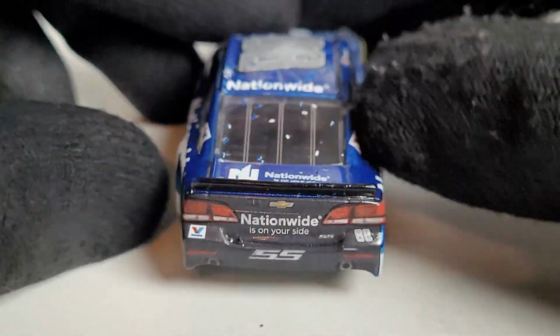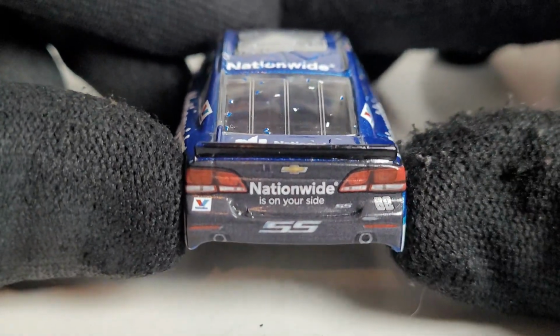Nationwide is on your side. Well, I hope they are. Otherwise, why the hell do you have Nationwide insurance? The back bumper, which